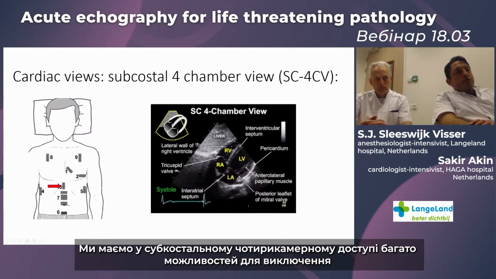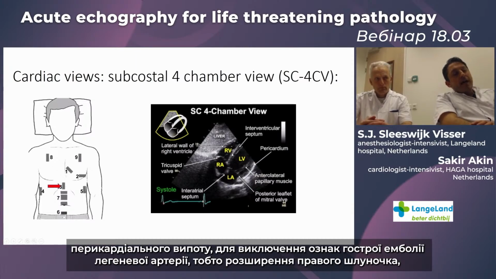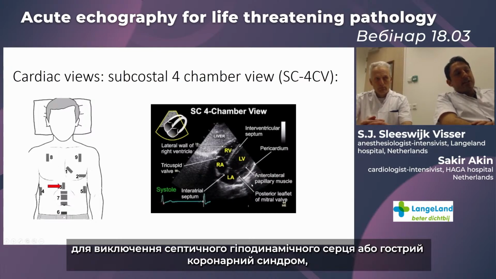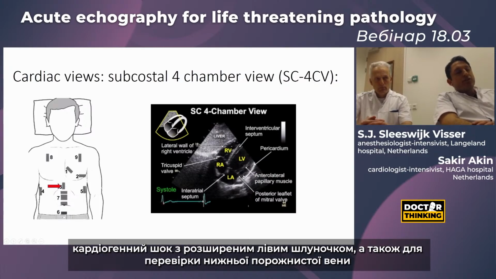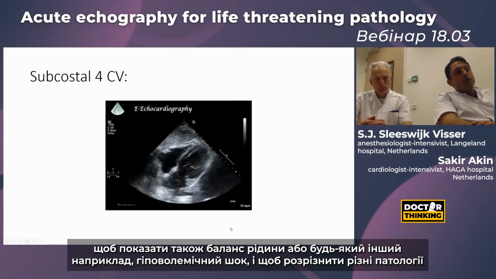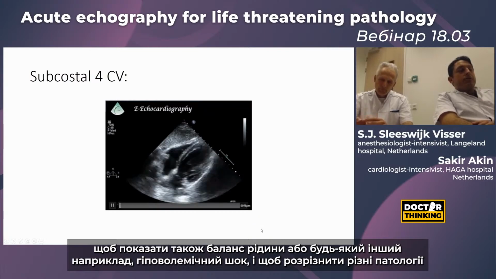We have in the subcostal 4-chamber view a lot of possibilities to exclude pericardial effusion, to exclude signs of acute pulmonary embolism, which is right ventricle dilation, to exclude the septic hypodynamic heart or acute coronary syndrome or a failing cardiogenic shock with a dilated left ventricle, and to check also the inferior vena cava to show the fluid balance or any hypovolemic shock, for example, and to differentiate